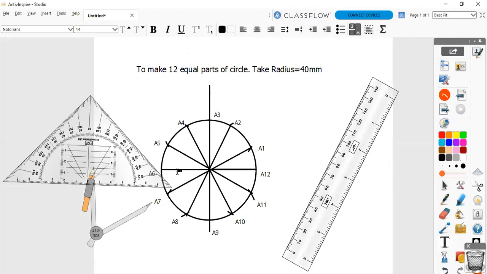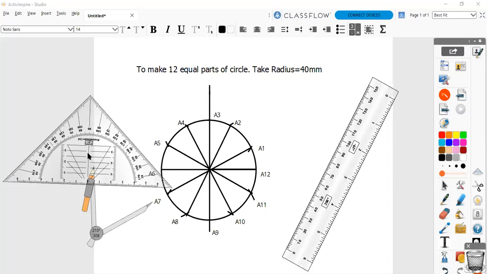So now can you complete this task of making 12 equal parts of a circle in your sketchbook within 10 minutes? Right now it is 1:43. I think 5 to 7 minutes are only required, but I'm giving you 10 minutes. Complete this task in your sketchbook within 10 minutes and let me know by writing done in the chat box, so that I will give you the access to your camera by starting your video camera from your mobile, and you can show me what you have done.